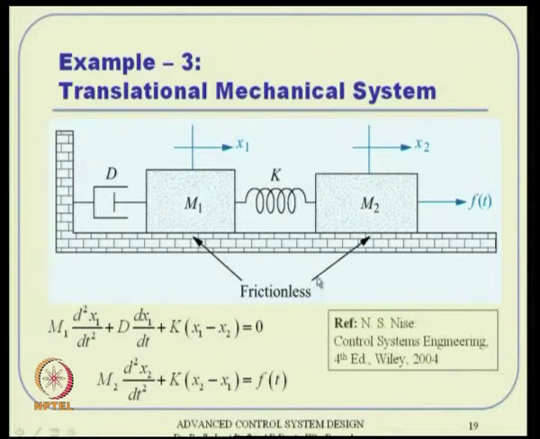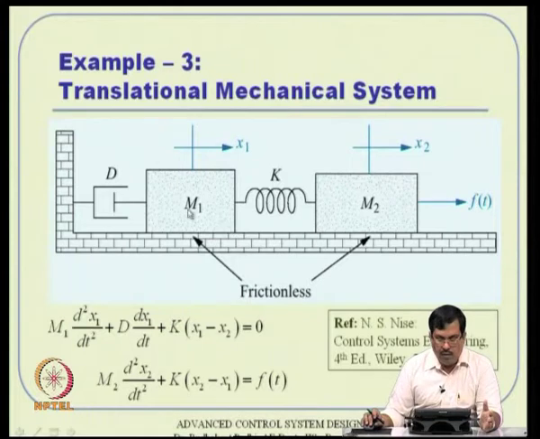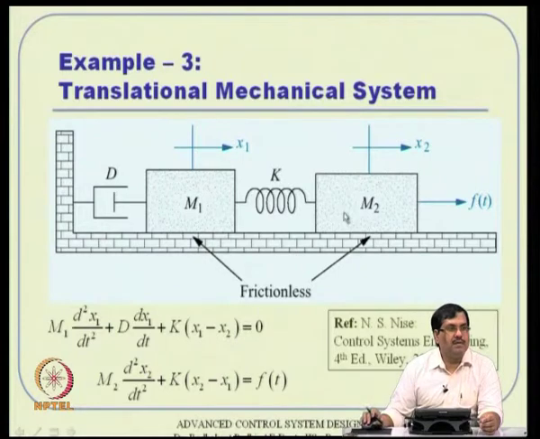Now, coming to a little more complex system, you can imagine this like some sort of a double mass connected by a spring and a damper actually. In a very rough way you can assume these two as some sort of a train compartment basically. So, there is an engine sort of thing and there is a compartment basically like that way.